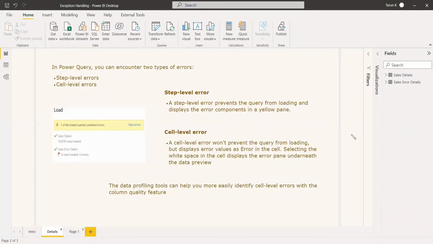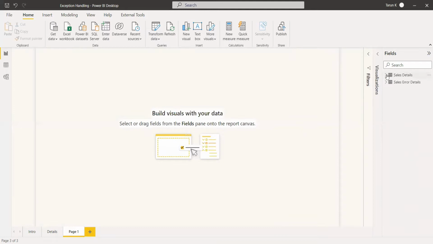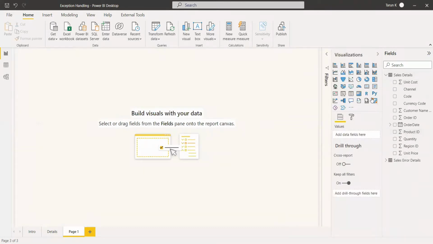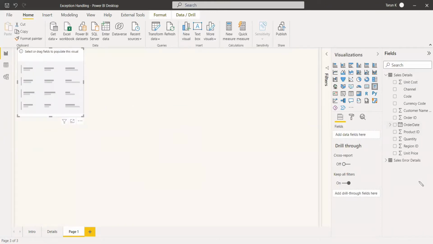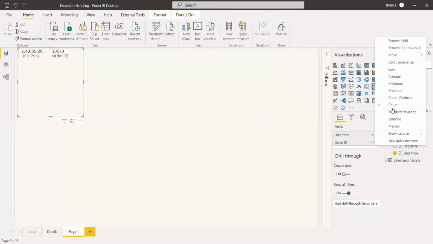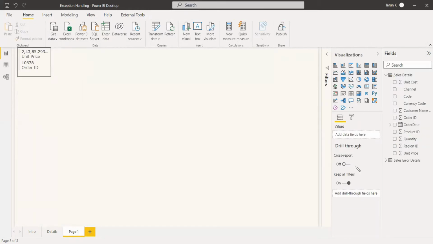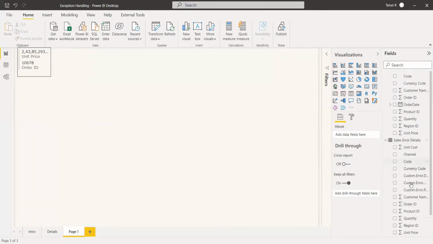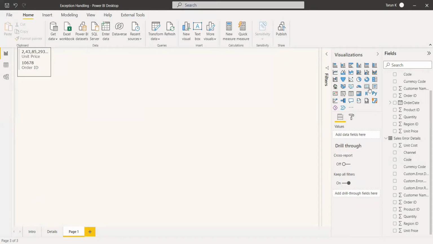In the visual pane, you can select the sales details table. You can go to multi-row card. You can get the unit price, the number of orders, and of course the discount. And you can show these. At the same time, you can show the error details also. You can get the card,